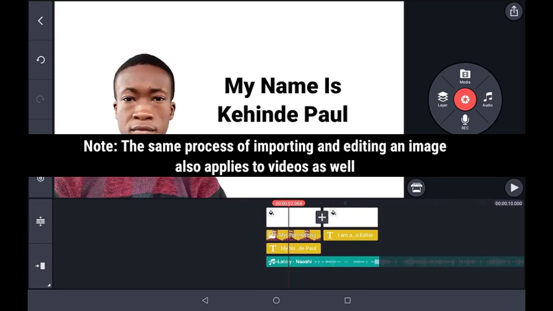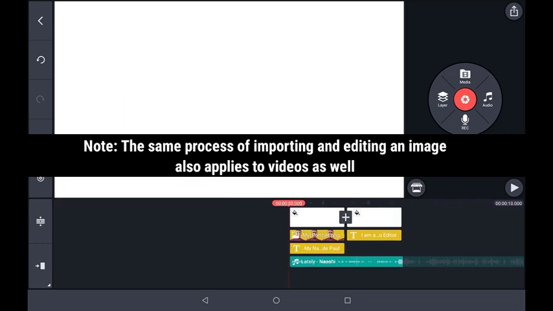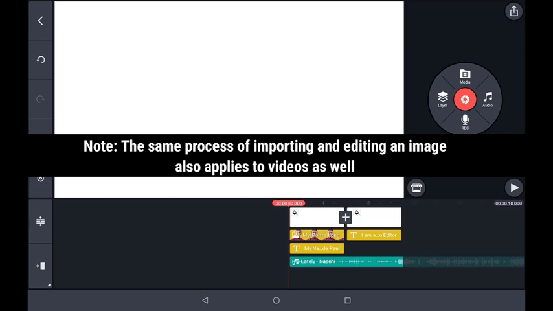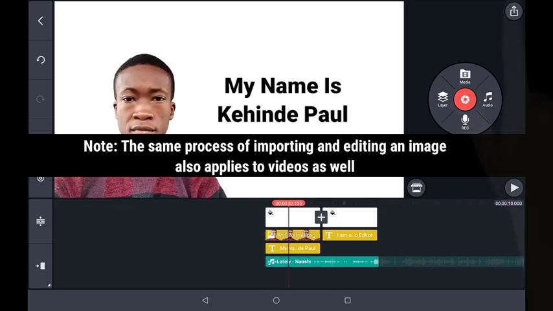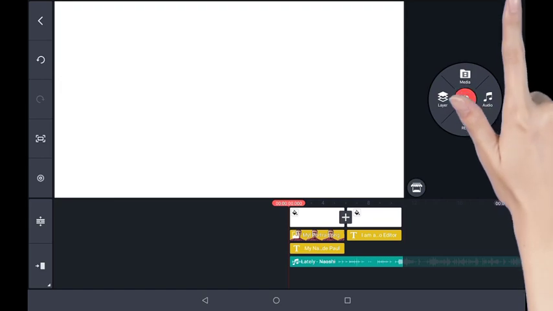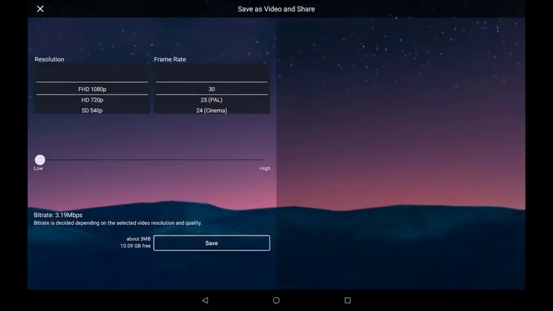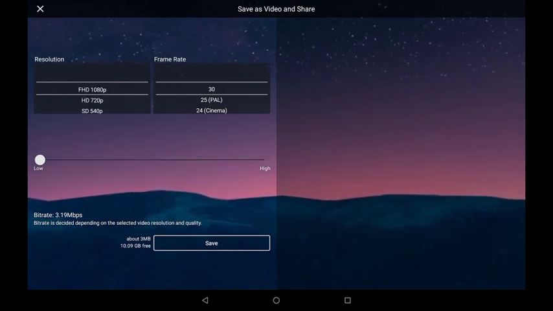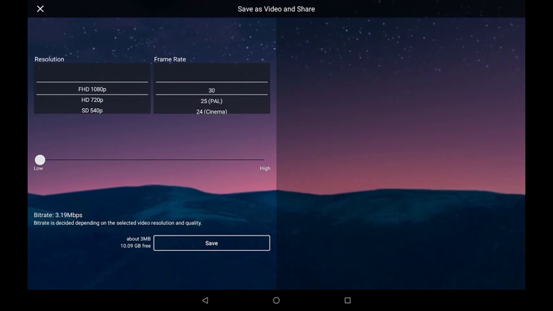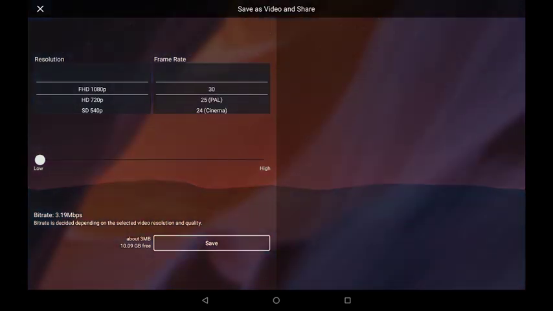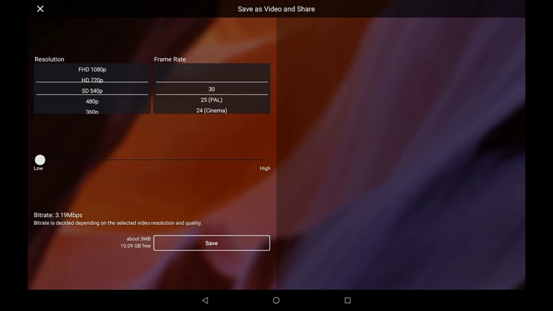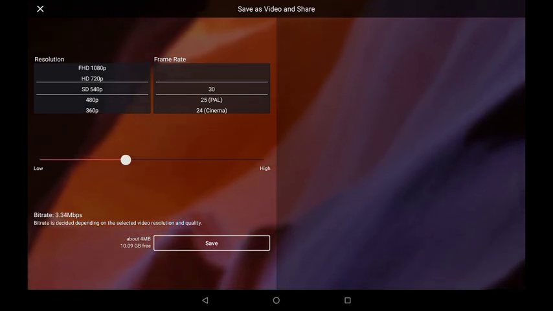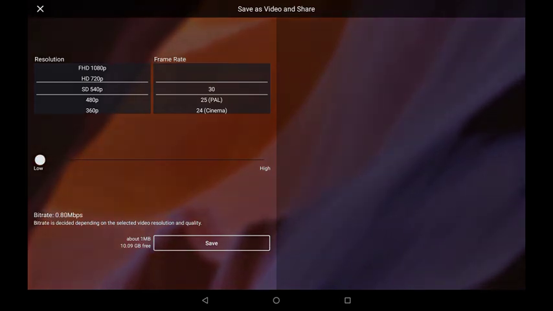Get into your KINE Master app and let's see what we can do. Now to export your project, you simply click on this icon right here, and then you have different setups, resolutions and frame rates to export with. So I'm going to export with something really small, and you can increase this to something greater. I decided to use this very low,